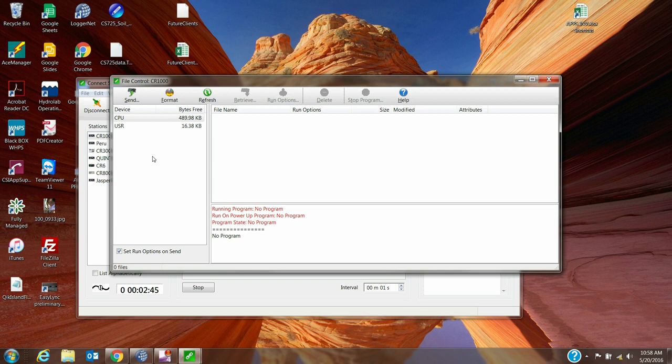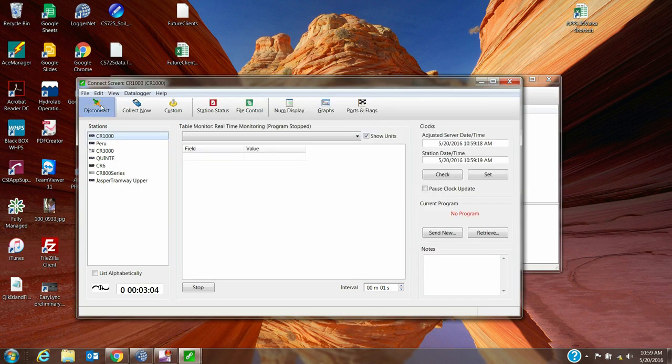And there we have it. We have the USR drive. See, so it was 18,000, so it knocked off about 2,000 bytes. And I click on that. I don't have any images yet because the camera is on a 15-minute interval. It probably hasn't hit that interval. But I want to test it, so I have to force